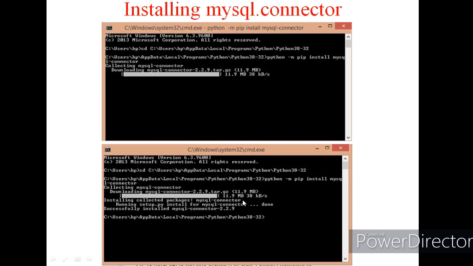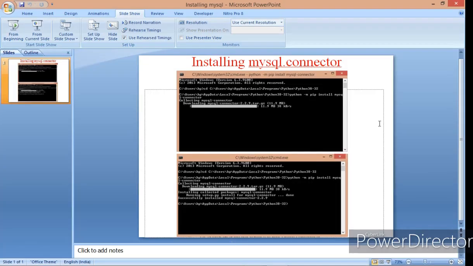Now you can see this second screen here. It gives a message: successfully installed MySQL-connector. So once this is done, you can start interacting with the MySQL database. Let's see how you can do it with the help of few programs.